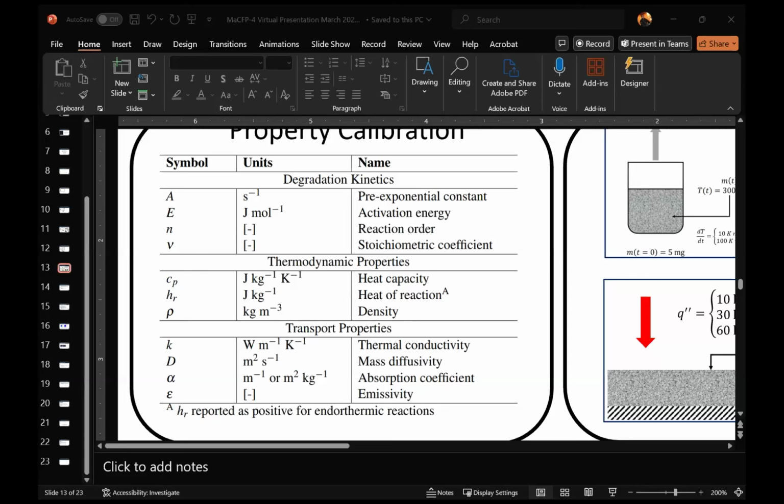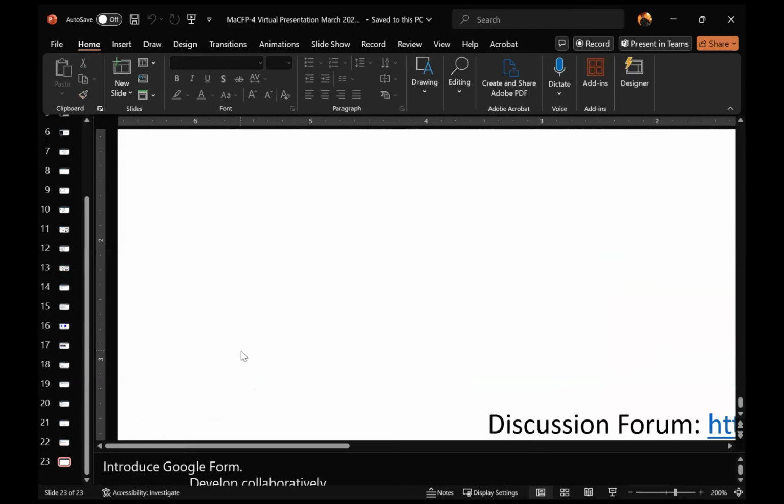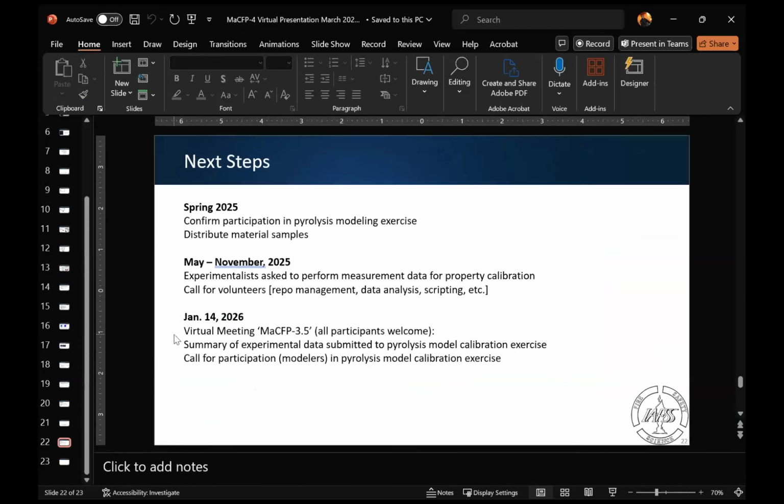The only challenge that I think everybody who's submitting this property should address is that there should be a pyrolysis model that can take this property as an input, right, without any conversion. So if you're doing a distributed kinetic activation energy model and there is no single pyrolysis model by itself that handles that, then you cannot really couple it with other things, and that means that these properties cannot be used basically in the current form. So keep that in mind, that at the end, at the very least, we would like to be able to solve a problem that involves thermal decomposition kinetics and thermal and mass transport, or at least thermal transport, right?